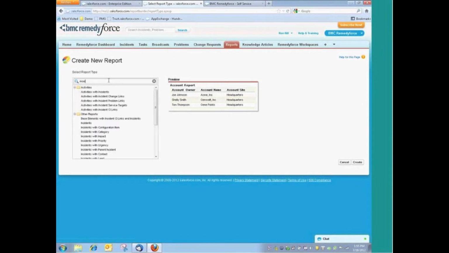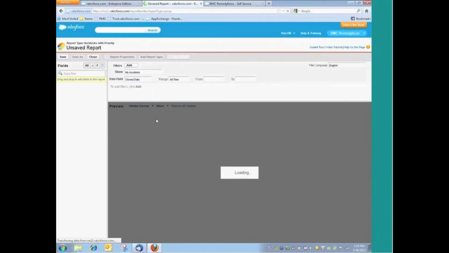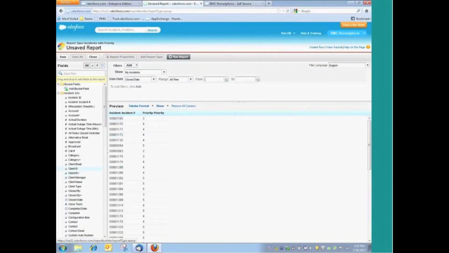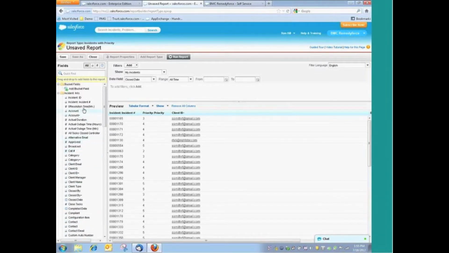So, for example, if I wanted to create a report, let's say incidents with a specific priority, we could choose the type of predefined report template, and then from there we just create, and then we can choose which filter we want on the report. So if we want to see the client that's associated to each of these individual incidents, we want to see description. Maybe we want to see things like the resolution time in minutes for each of these incidents. And again, we can just drag and drop these values onto the report. It's quite easy